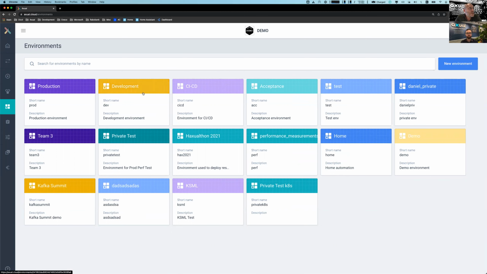We have a namespacing feature in our platform, which allows you to have development and test and acceptance and maybe other non-production environments coexist next to each other on the same Kafka. So you don't have to manage that much Kafka anymore if you deploy it internally or in your own private cloud. And you can have a second Kafka cluster, which would then contain all the production information.